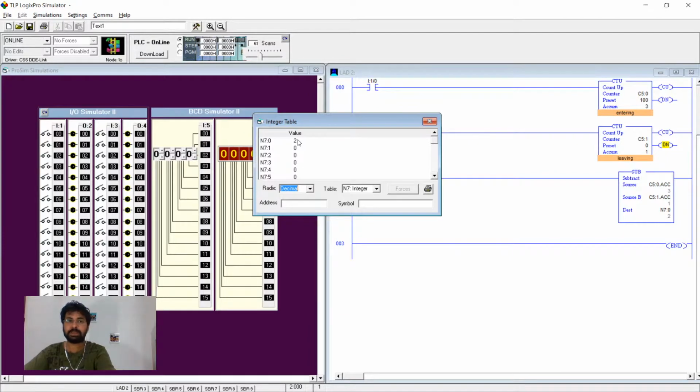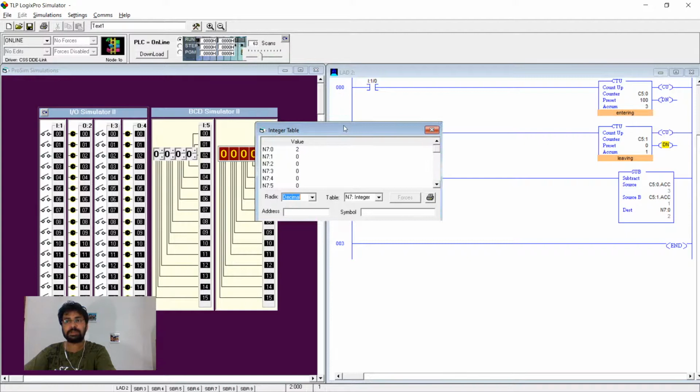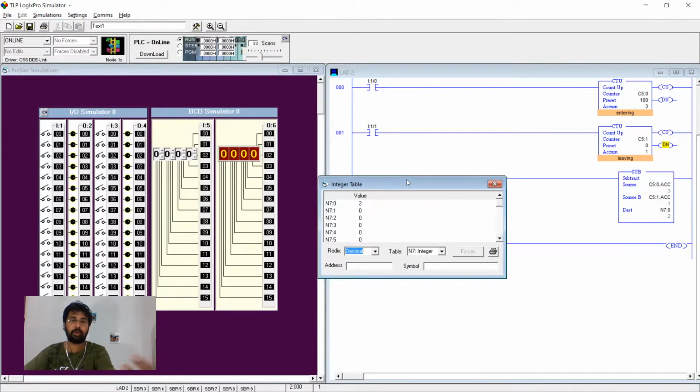Okay, so that is the difference between timer and counter. So now this is a setup to find out the number of persons inside a room. So we have one sensor for counting persons coming towards the room and another sensor for counting persons away from